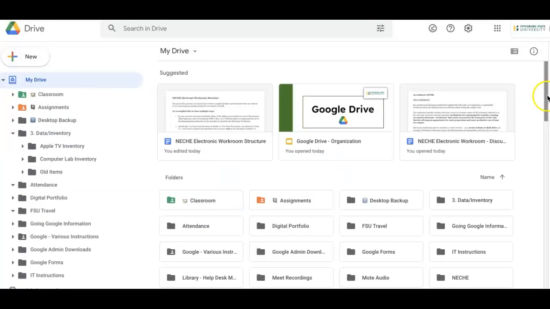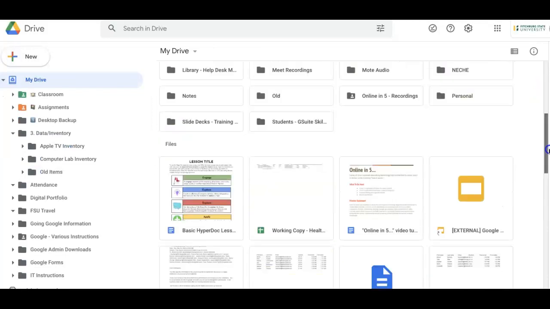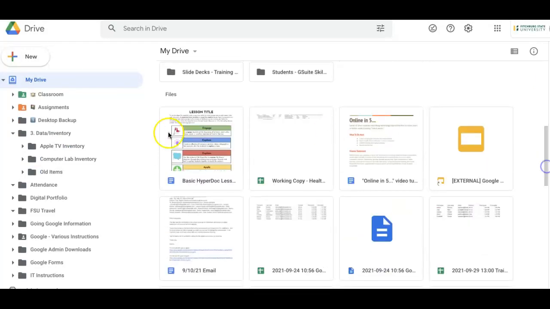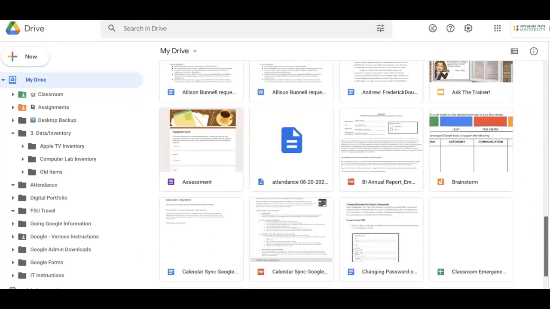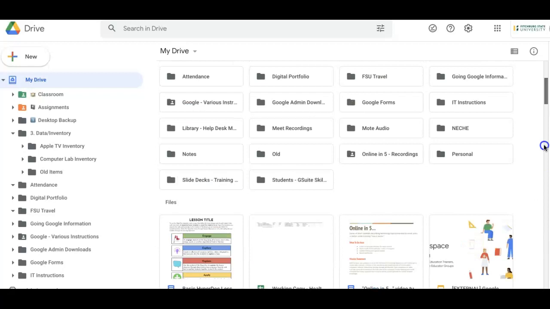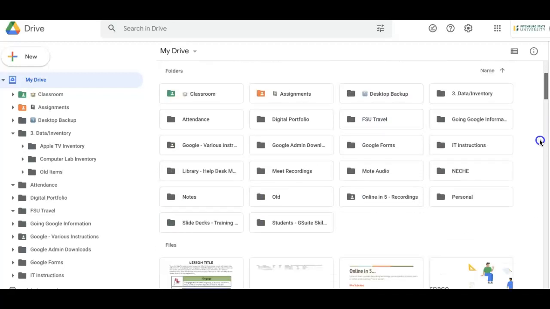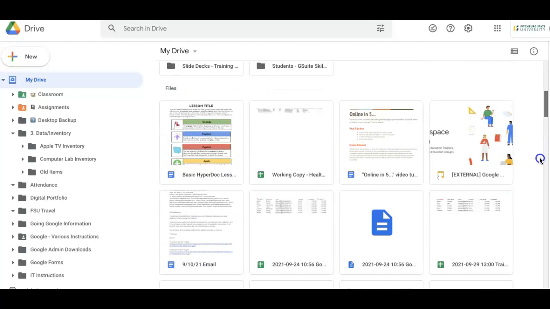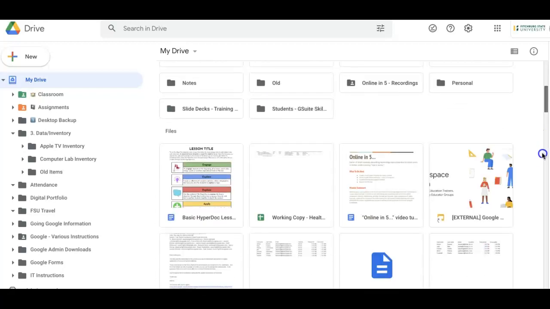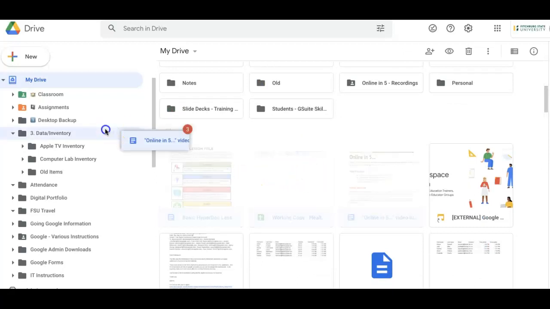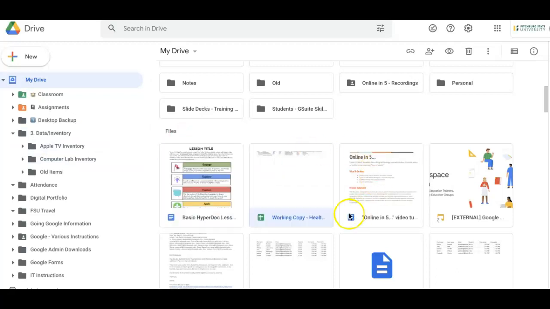You can see I've got all these folders, but then I've got all this other stuff that are files that I've not yet put into any particular folder. So just like you, I have lots of items that are just living there, which I can find using the search bar and other features we'll talk about in a minute. But if I want to clean this up a little bit more, I can easily highlight multiple files and drag and drop them into any one of these folders on the left. So it's easier to create the folder first and then drag and drop.